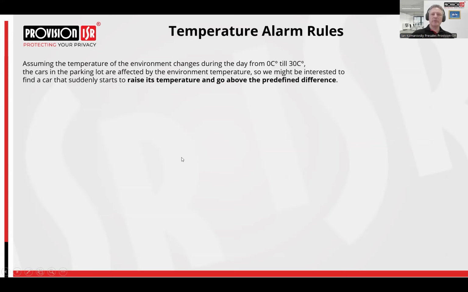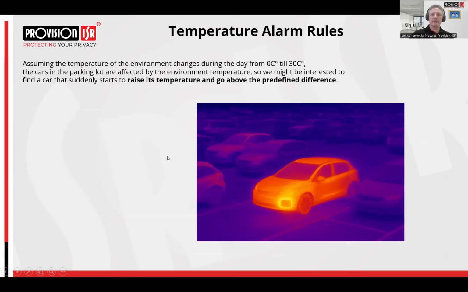And this rule is about the difference between different temperatures. So let's talk about a scenario. We have a parking lot, and we have electric cars that sometimes explode because of lithium batteries. Now the problem is that the whole parking area is getting from the